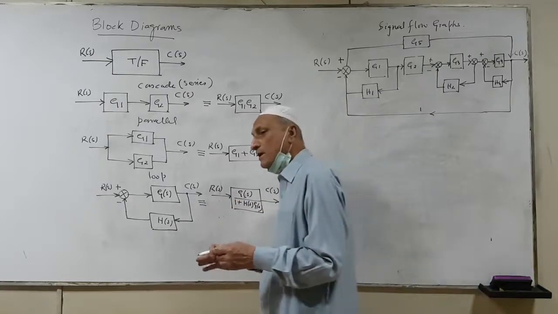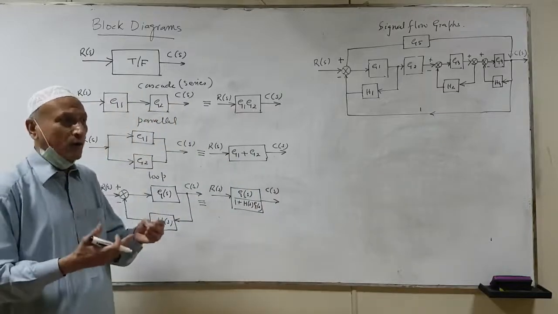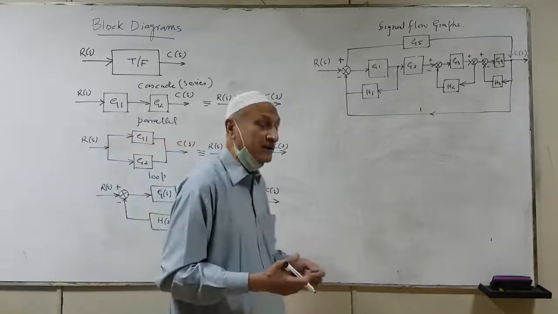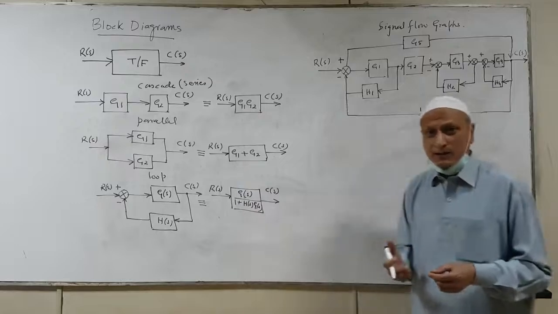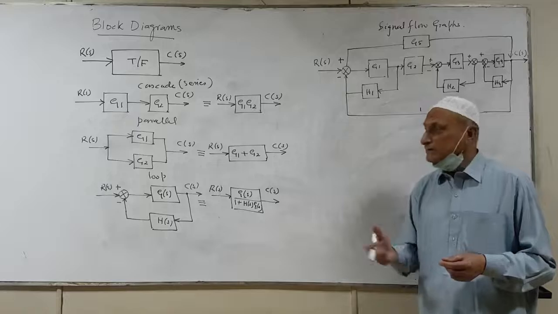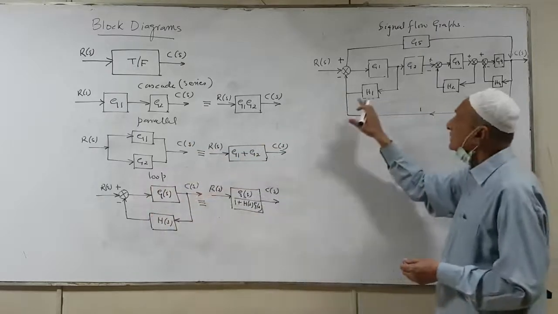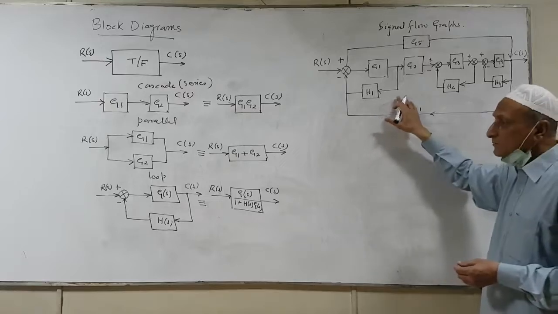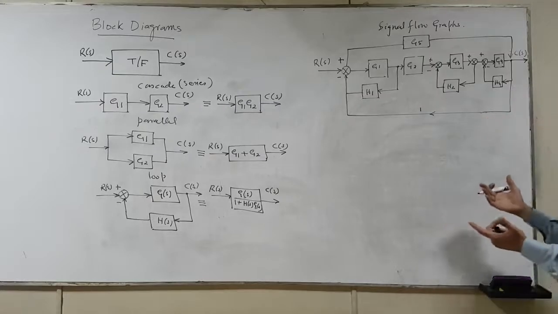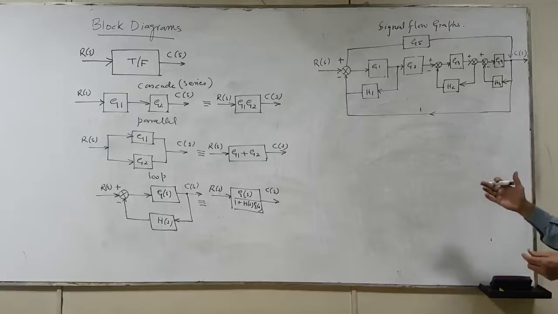Now sometimes you may come up with a situation where you cannot foresee whether the blocks are in series or cascade, like in circuits where you come across a situation where only star-delta transformation can be used. In this case, there is no such thing as a star-delta transformation. Everything is on the basis of these three. For example, if you look at this particular diagram, nobody can immediately see which ones are in series, parallel, etc.